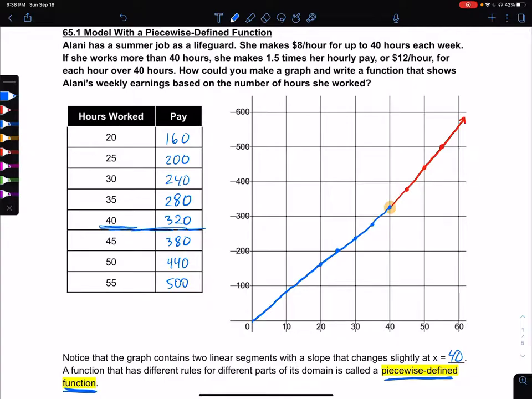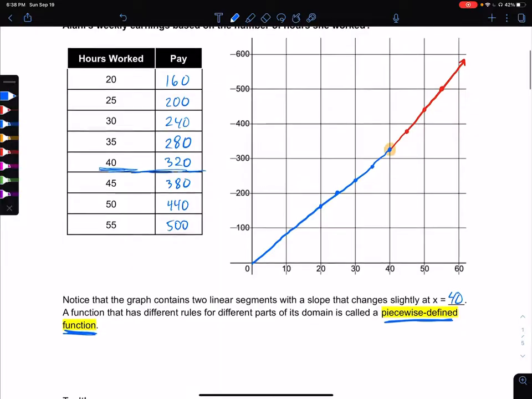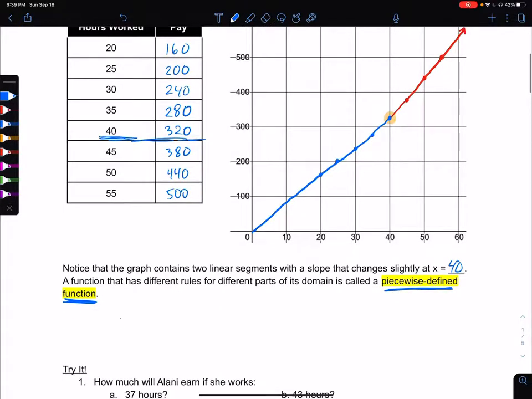So in this case, from 0 to 40 hours, we had one rule that we followed. That was the $8 an hour. And then from past 40 up to whatever amount of overtime hours we work, there's going to be a different rule to determine that function, or how much pay we've made. And the way you show that is we're going to say the function of x, so we're talking about pay, so I'm just going to use the letter p, is equal to,